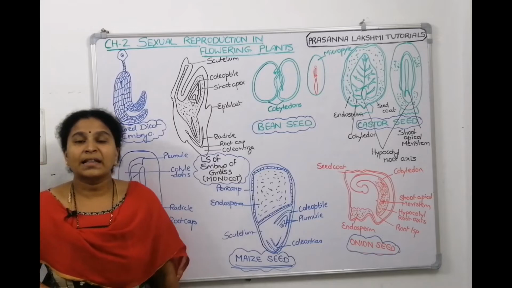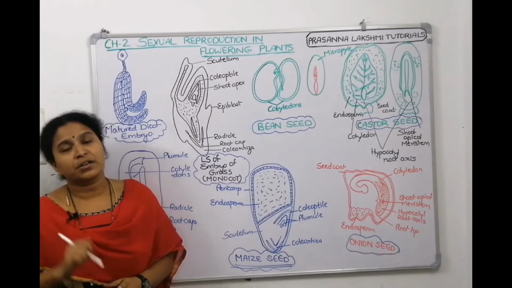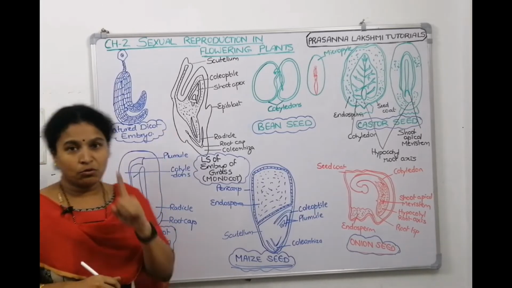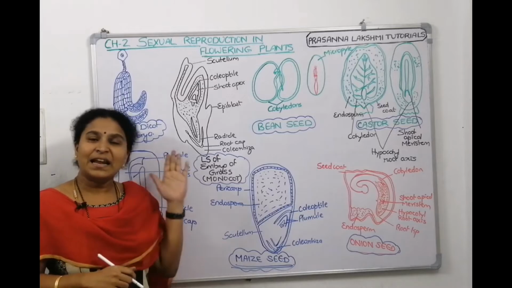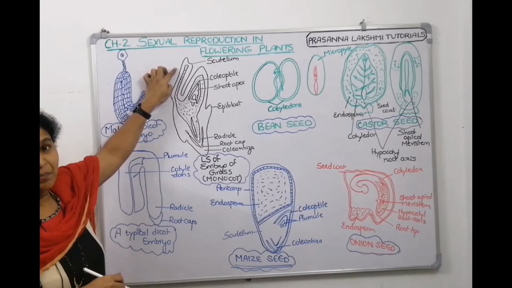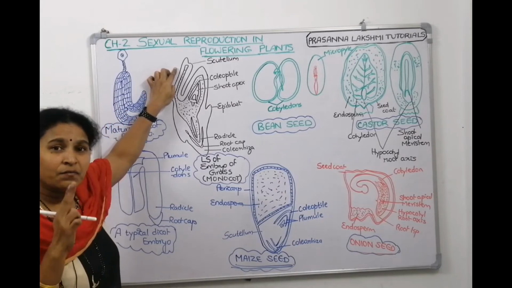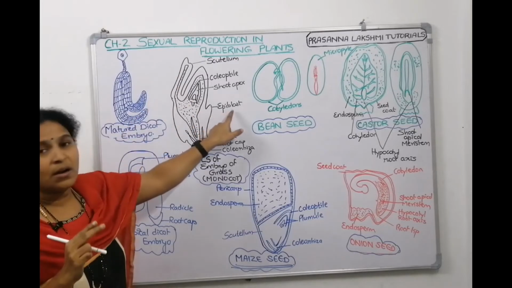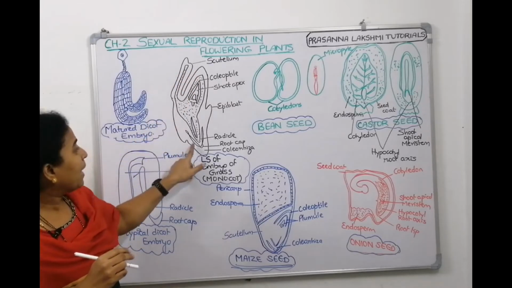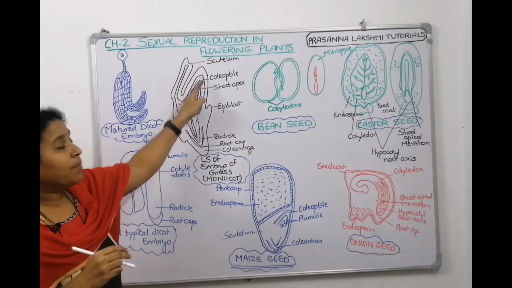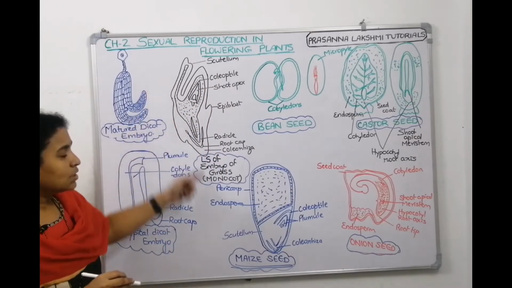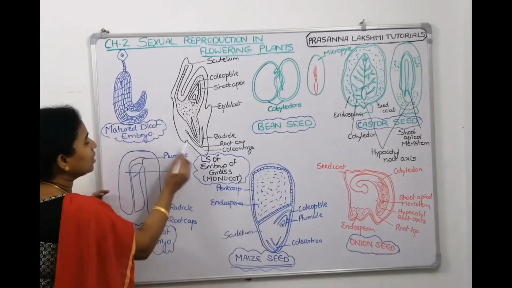They will give you this picture and ask whether it is a transverse section, longitudinal section or circular view. It is a longitudinal section, identify it. We know that a monocot has only one cotyledon, which is lateral towards one side, hood shaped, and called the scutellum. Here is the scutellum. The second, degenerated, vestigial cotyledon, opposite, is called the epiblast. And this is the embryo. The upper part is the shoot apex, the lower part is the root apex. The shoot apex is covered by the coleoptile, and the root apex is covered by the coleorhiza. I think we understood this picture also, so we understood pictures 1, 2 and 3.